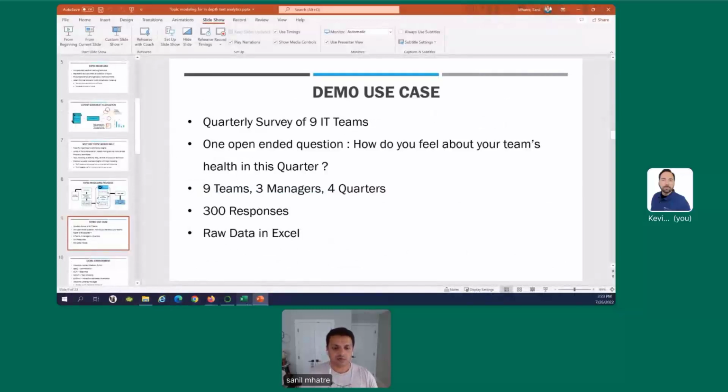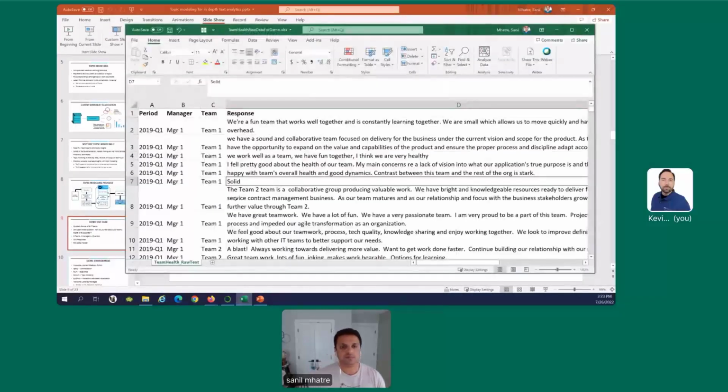So I'll switch over to the Excel document real quick. You have 4 fields in the Excel file: year, which just has the year and the quarter. You have the manager. I have de-identified that as manager 1, 2, 3, hidden the names of the managers. Then you have the team name. I have de-identified that as well, team 1, 2, 3, 4, 5. And then the response field.